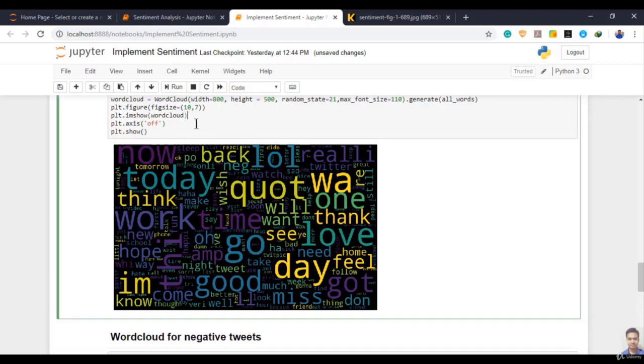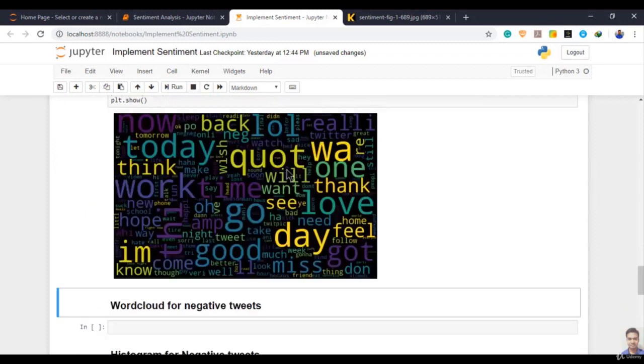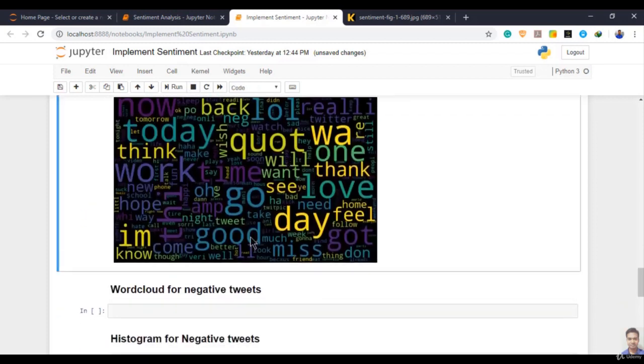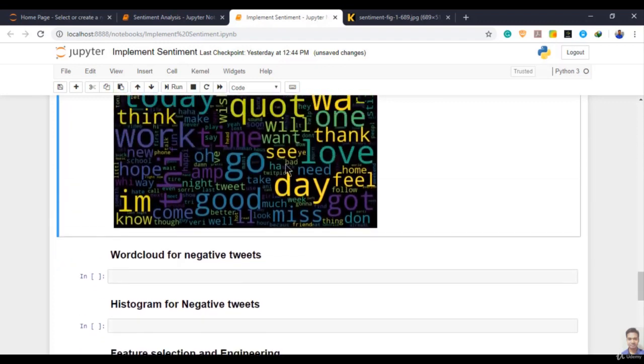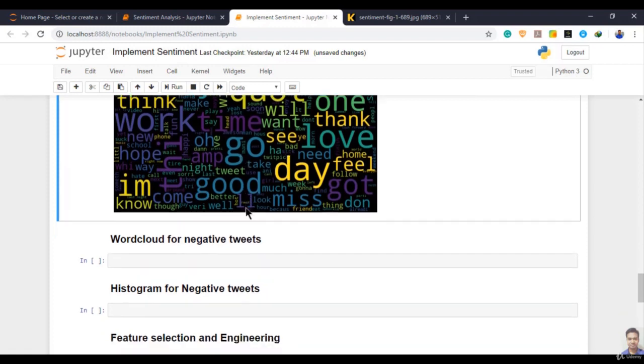So what we do is make that picture crisp and clear, we use interpolation. Interpolation is equal to, there are many interpolation techniques available. You can go and check them out in the documentation, and we use bilinear. So I think it's very much clear and crisp. Okay, so what we are mostly interested in is checking how many negative tweets are in the word cloud, right? So for that, what we will do,